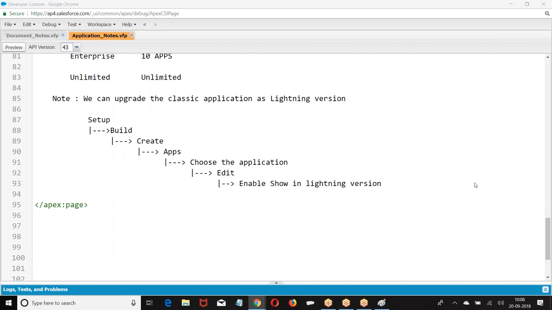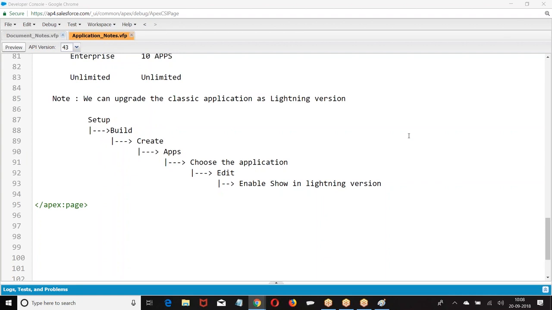Since we have converted the classic applications to Lightning, fine, do we have the alternative choice of converting the Lightning applications to classic? When I say upgrade, you can upgrade your software, but you cannot degrade your software. Am I right? I'm doing a business. If you pay me 1,000 rupees, I'll say you can upgrade your package to 2,000 rupees package, but I'll not reduce your package from 1,000 to 500 rupees package. It's commercial.